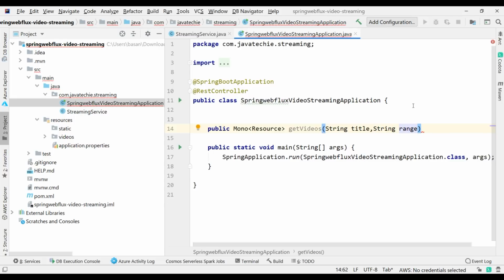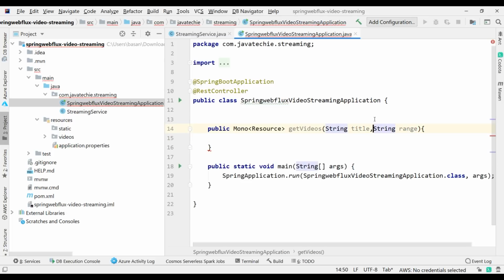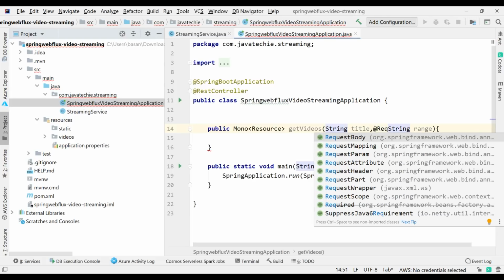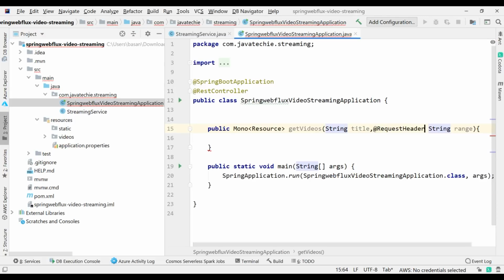As I already mentioned, based on the event, I want to get the bytes from that particular range, in between that range. I don't want to load all the bytes. Based on the given range, I just want to load the bytes. That's the reason I added this range attribute, and I want to pass this as part of the request header. I can specify here, let's say Range. Also this I need to annotate with @PathVariable.